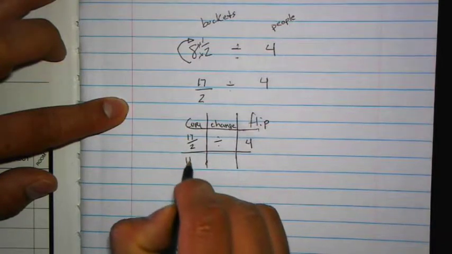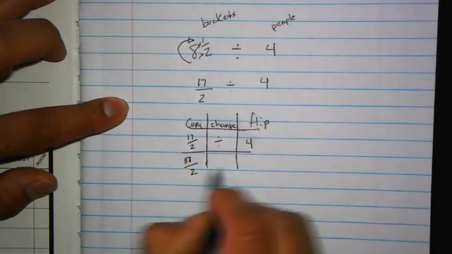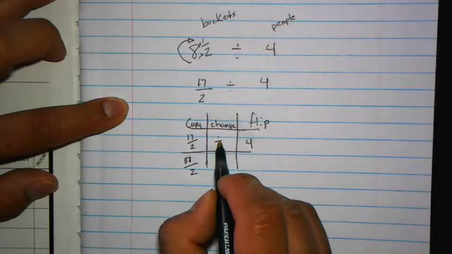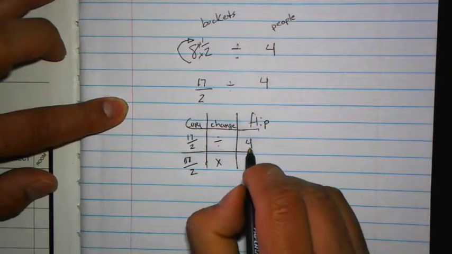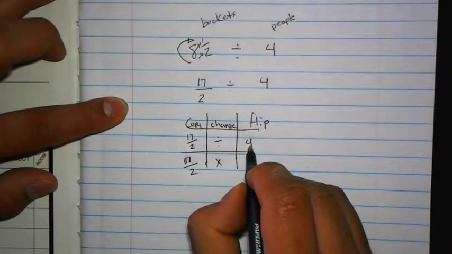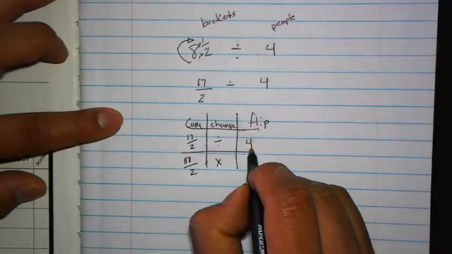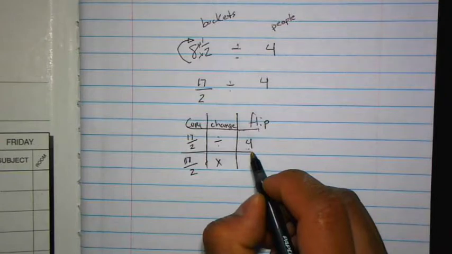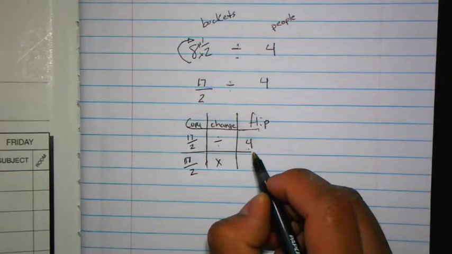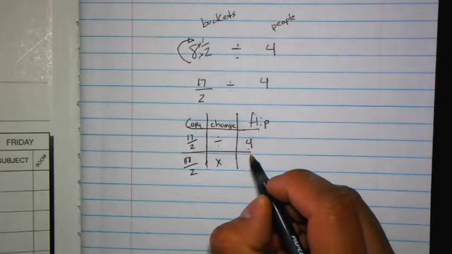Then I'm going to copy it, 17 over 2, change division to multiplication. And the flip of 4, if you think about it as a fraction, the flip of 4 is 4. Well, not the flip. The fraction form of a whole number of 4 is 4